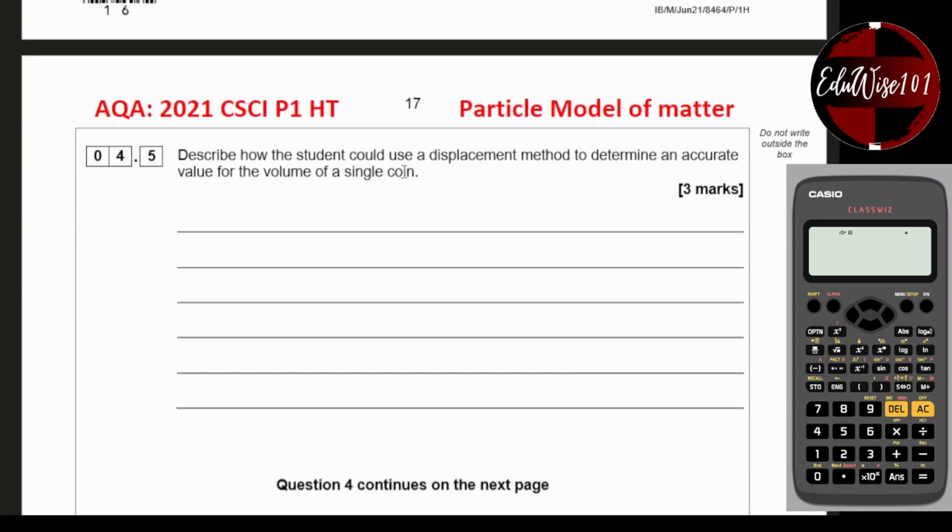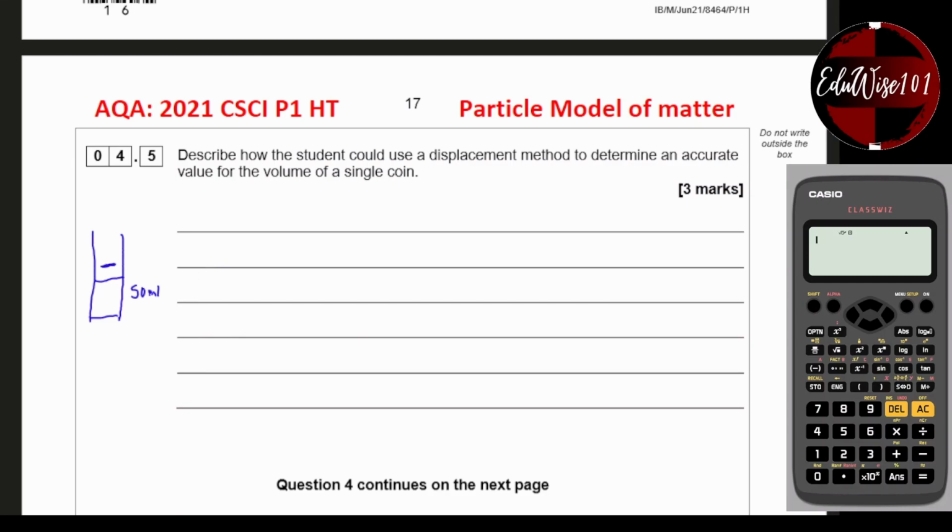Describe how the student could use a displacement method to determine an accurate value for the volume of a single coin. Now, if you were to add a single coin into a measuring cylinder, the question is how much. Here they are using a displacement method, so they've mentioned a measuring cylinder, so I'm going to refer to the measuring cylinder here in the answer. So let's say you got 50 ml of water. Now, if you add the